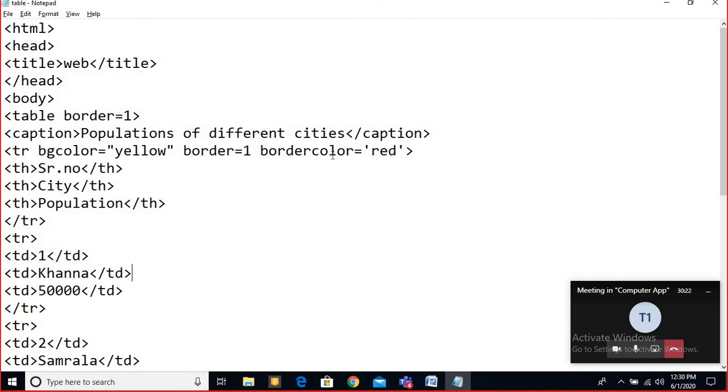My BG color is not coming either. There is some mistake maybe in the structure, but I don't think so.